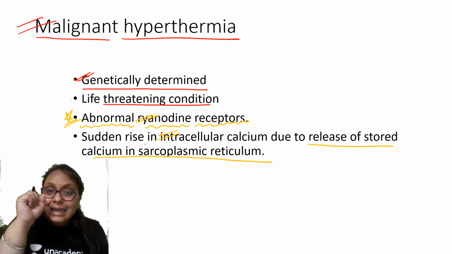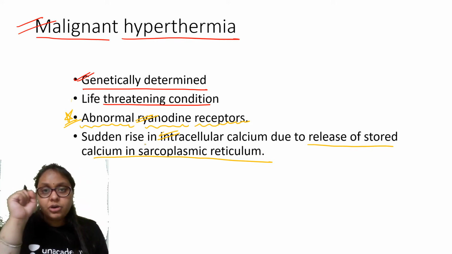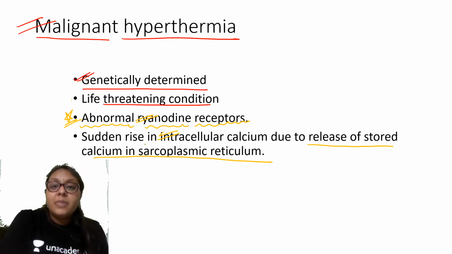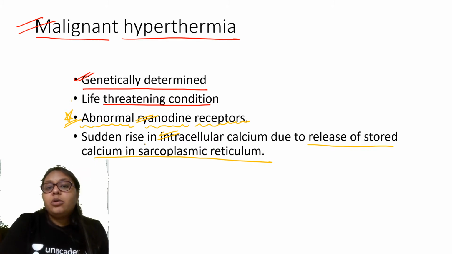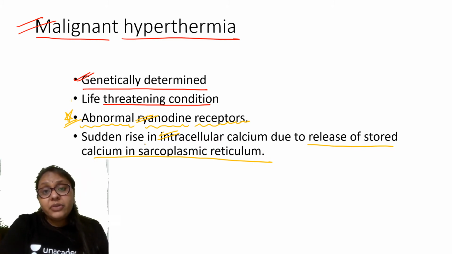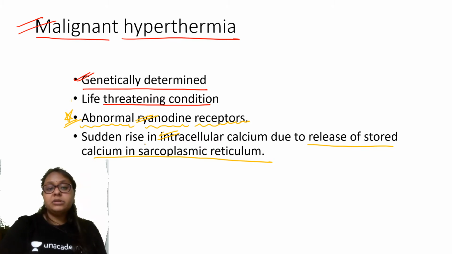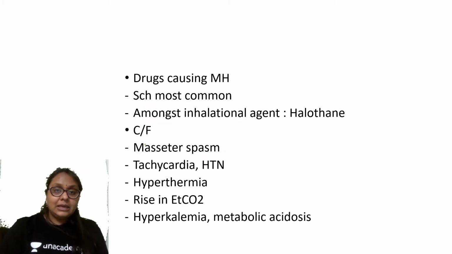there will be intense contraction of the muscle, there will be muscle injury which will cause hyperkalemia. Creatinine phosphokinase levels, so CPK levels will increase. There will be increased myoglobin levels, and also because of the increased metabolism, there will be increased CO2 levels. So these all we see in malignant hyperthermia.